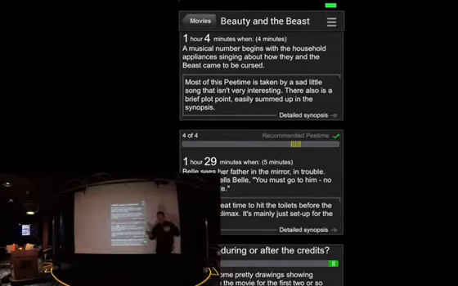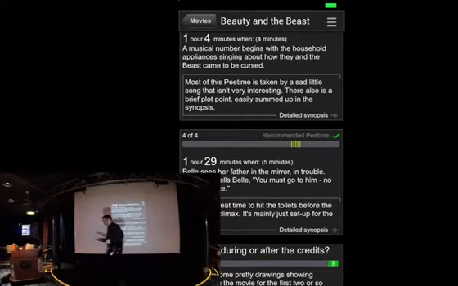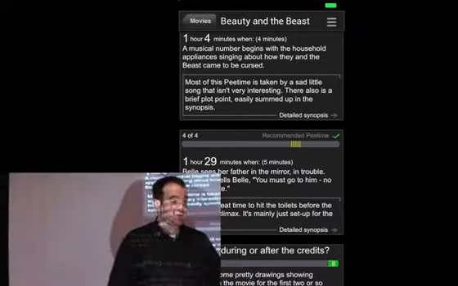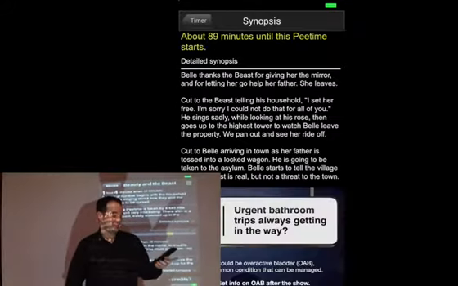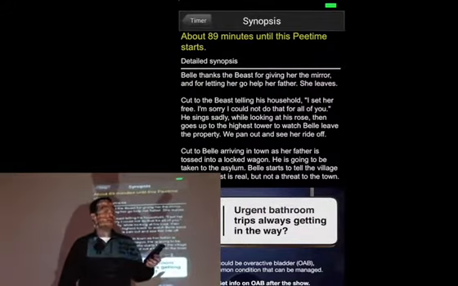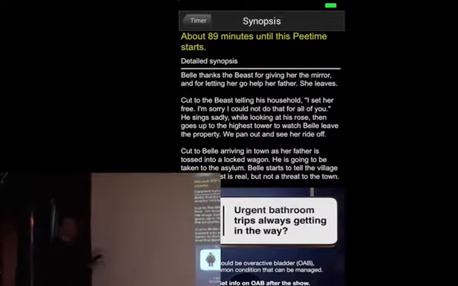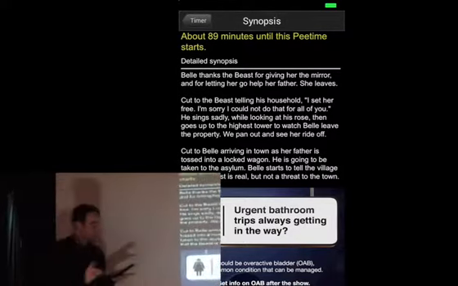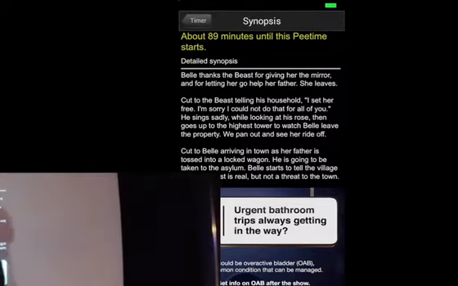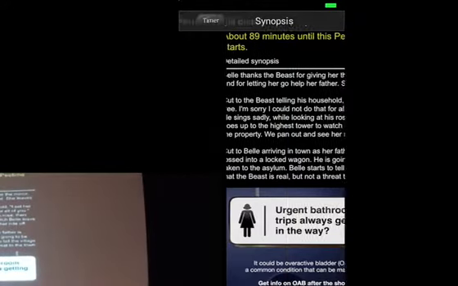Now, you run out of the theater, you go to the bathroom. This is very easy for men to do. You hold the phone with one hand, you take the zipper down with the other hand, and you can read what's going on during the movie while you are peeing so you don't miss any of the film. It is called the synopsis. Oh, that was a golden laugh.